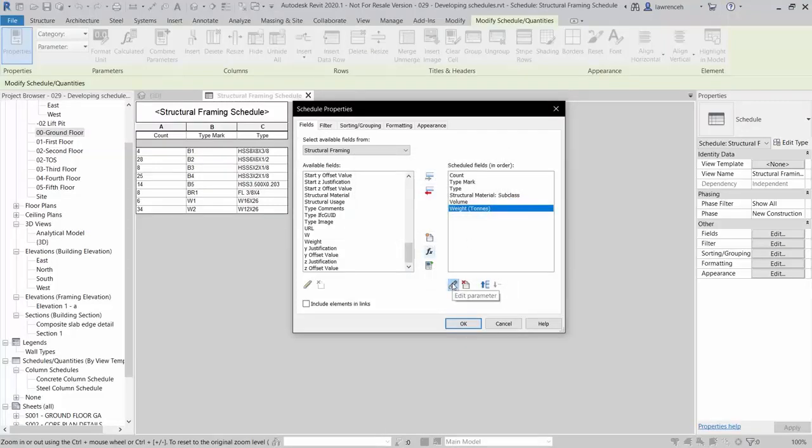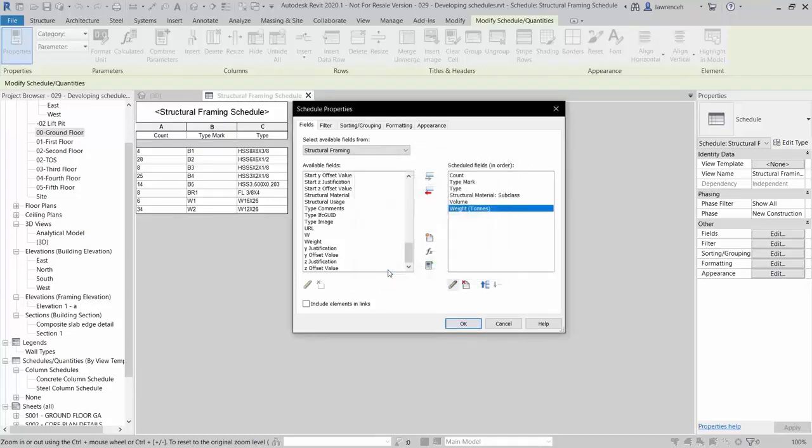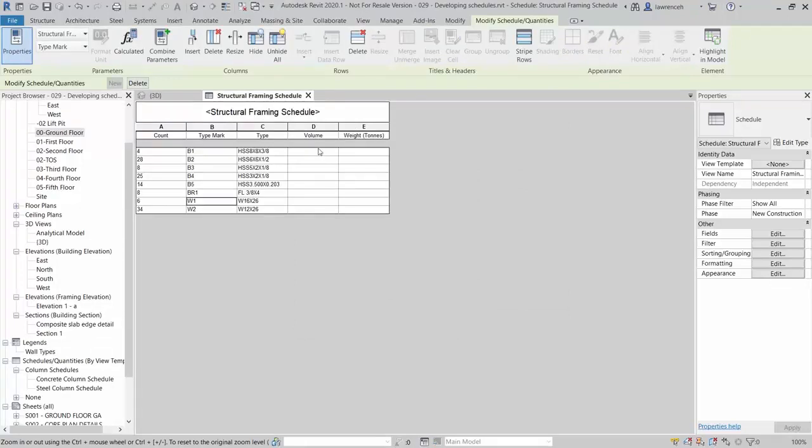If I go back and edit the parameter, you can now see that we can continue to work out our calculation. Now, what we want to do to calculate a tonne, there's 2,000 pounds to 1 tonne. So what we need to do here now is divide the whole value by 2,000. Let's go ahead and click OK. Now, if we select OK again, you'll note that we have the volume and the weight, but everything is blank at the minute. The reason for that is we've got a rolled up